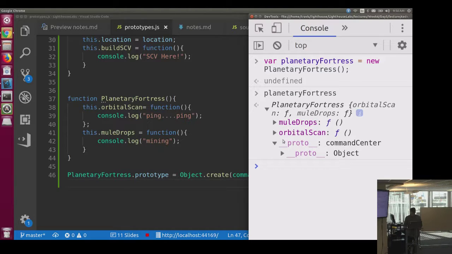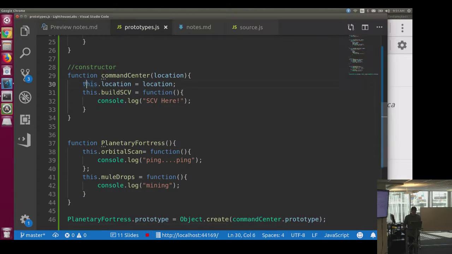So we have, our prototype is now command center type. We're not getting these two properties,